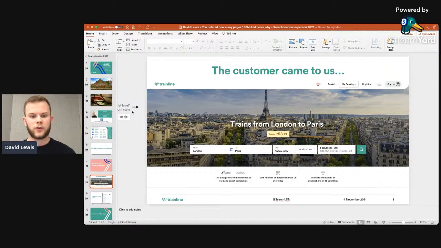So on this London to Paris page, you can see the search bar in front of you. If the customer was to search for, let's say, London to Paris, they get through to the booking flow, sorry, and they'll be able to purchase a ticket. Let's say they search for another route, Saalfelden to Munich, which is a small route in Germany. If they search for that route and we didn't have a page live for that search, there was a mechanism